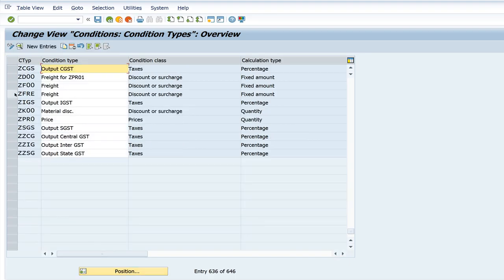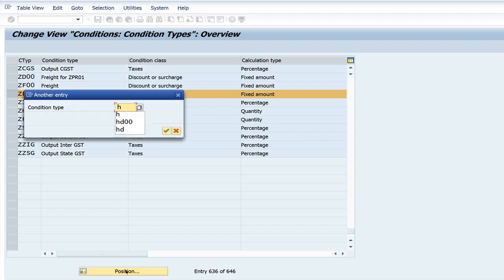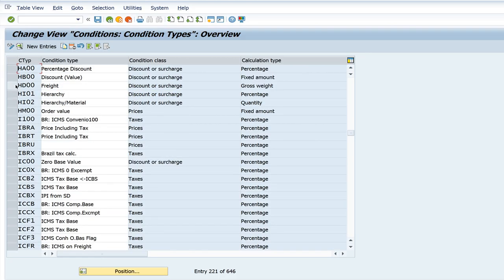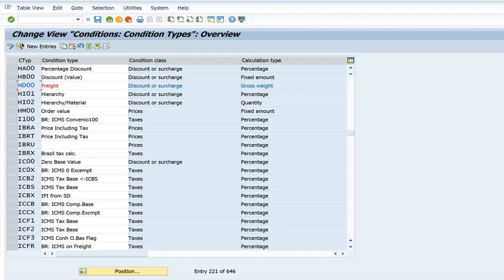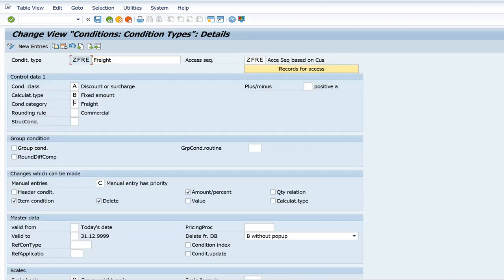And here is HD00. Observe carefully, in HD00, the calculation type is D, gross weight, that is per unit measure of weight. It is system default, but if you see in our custom condition type ZFRE, the calculation type is B, fixed amount. It is changed by us, because the freight in case of transporting TMT bar may not be applied per ton basis, but will be fixed amount consignment basis and is variable depending upon the distance from